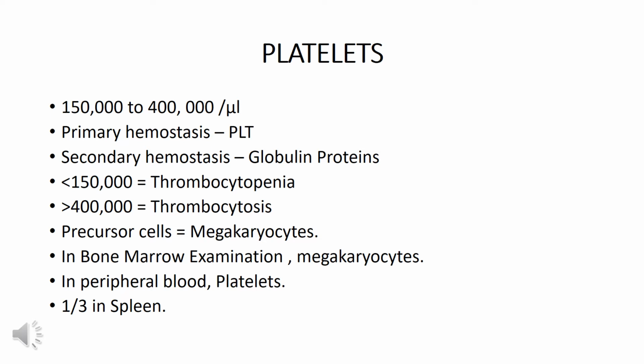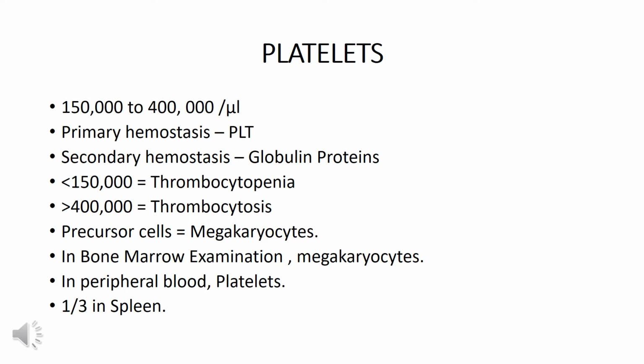Now another topic we are going to start to understand the thrombotic effect completely is platelets. First of all, we are going to discuss some important things about platelets. You should know well about platelets because you have studied them in FSc and also in normal physiology. Regarding platelets, the normal concentration is around 150,000 to 400,000 per microliter in our blood. In an adult body, 150,000 to 400,000 per microliter platelets are present.